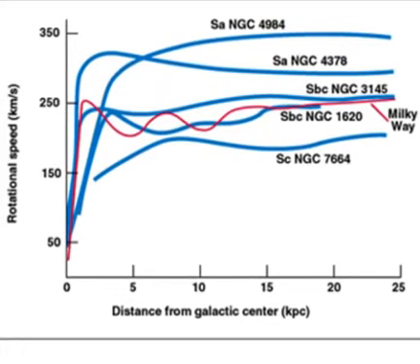Here's some other data, another way to show it, right? These are called rotation curves. And you can see that for many different galaxies, including our Milky Way, which is marked in red, the velocity, the rotational speed, is roughly a constant as you move away. Now, the only way to understand that, based on our best understanding of gravity, is that there must be more material, more matter distributed throughout the entire galaxy. Matter that we can't see.